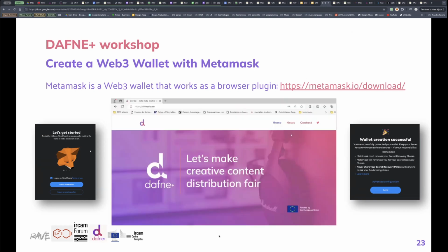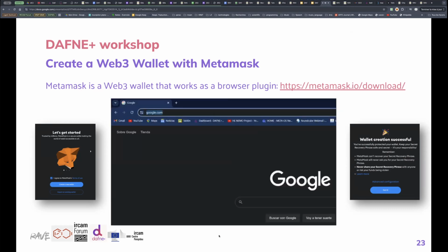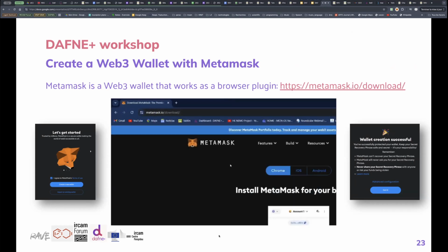You can set up a MetaMask wallet on your computer or laptop by downloading an extension on your browser. MetaMask is supported on Chrome, Firefox, Brave, Edge, and Opera. The first step is to visit metamask.io. Click on Download and then click on Install